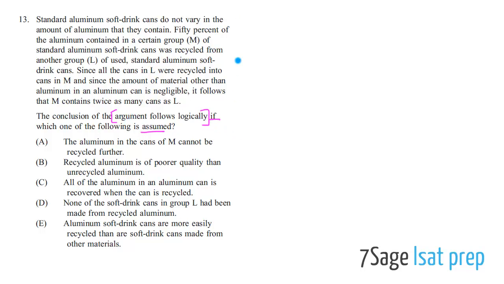So currently we have an argument. It's not a valid argument. It might be a very good argument, but it's not valid. And there's a very specific definition of what valid means, which is covered in a later lesson. But here, they're telling us that we need to assume one of these things in order to make the conclusion